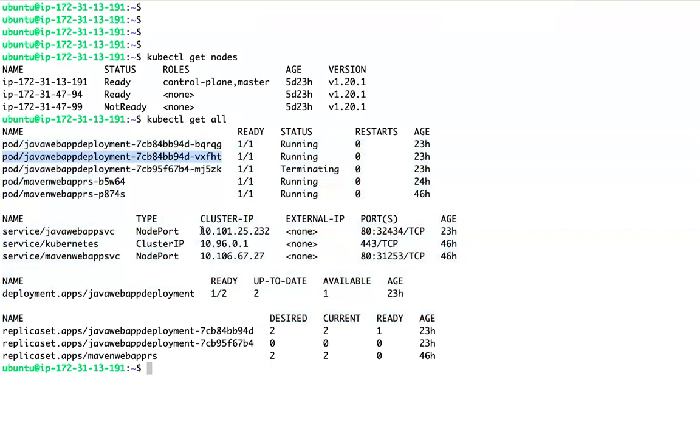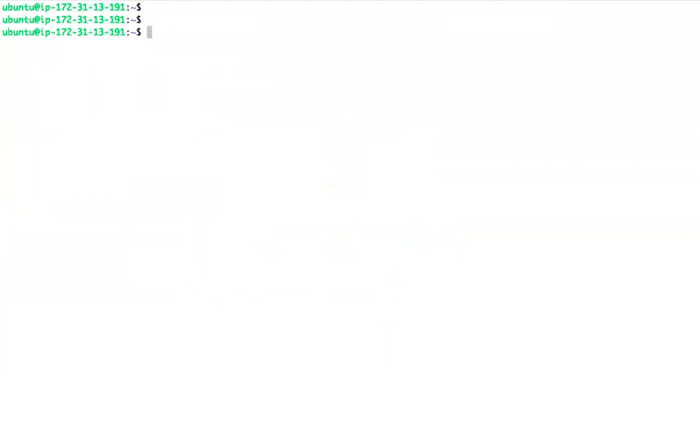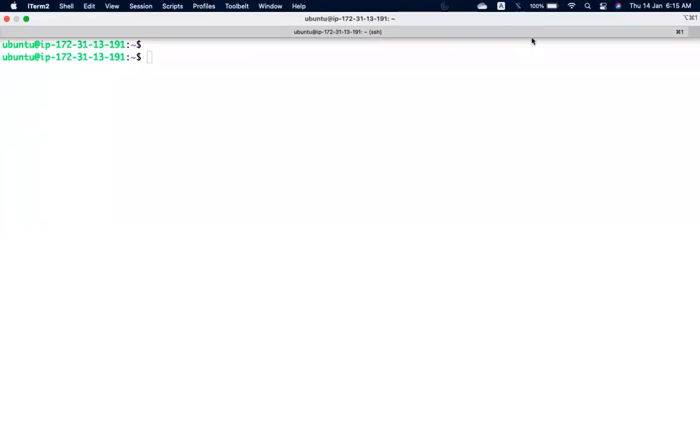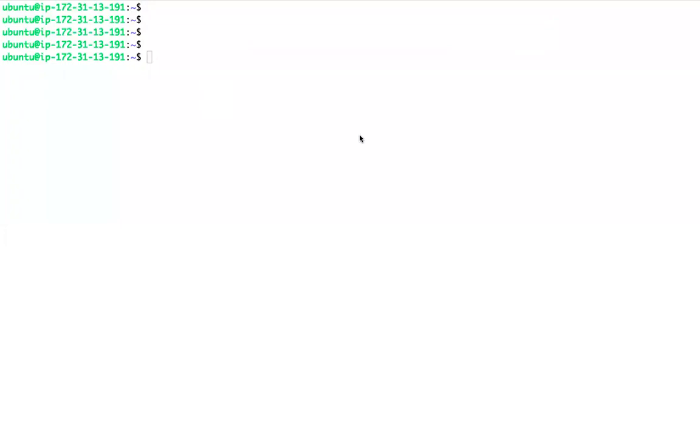Now, by default, we don't have a component which will gather the metrics, the pod CPU utilization and memory utilization. In Docker, we used one command to see the container CPU and memory utilization: docker stats.